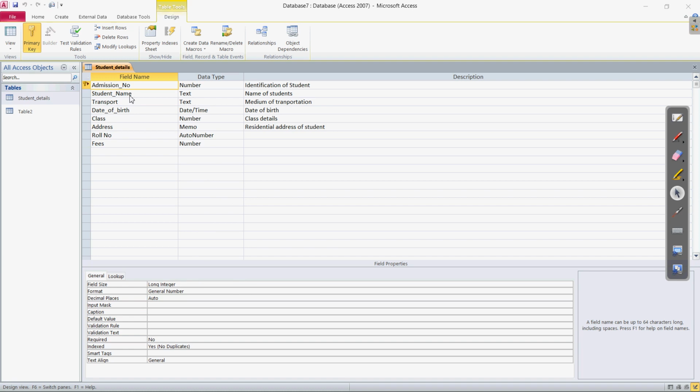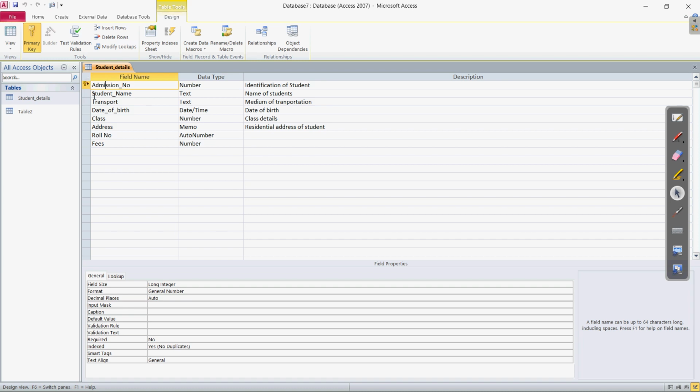Here we have already made the table with the name Student Detail, and the field names which we have entered are all related to the student information. The data types we have chosen according to our requirement. It is essential to make at least a single field a primary key. The primary key is an on-off toggle, which is visible by the key symbol to the left of the field.